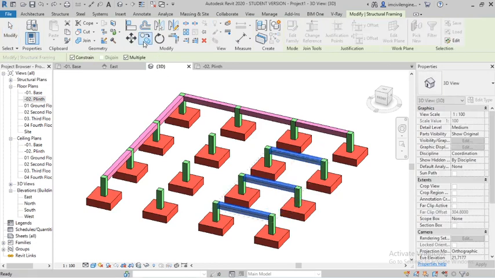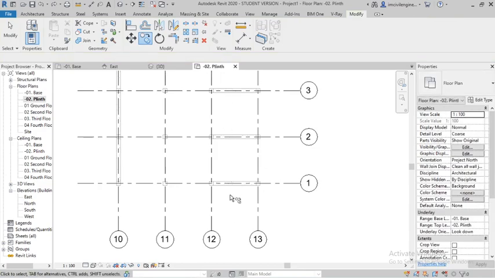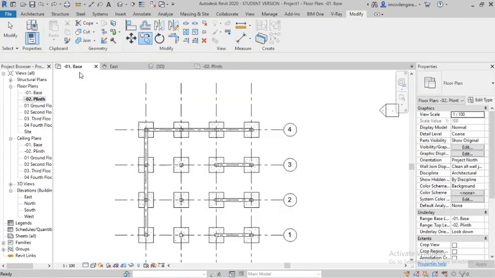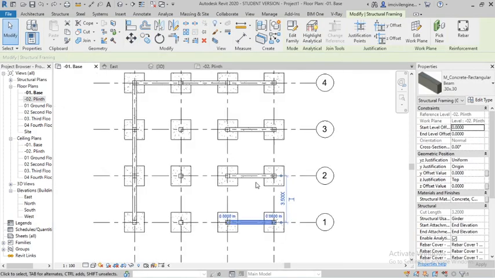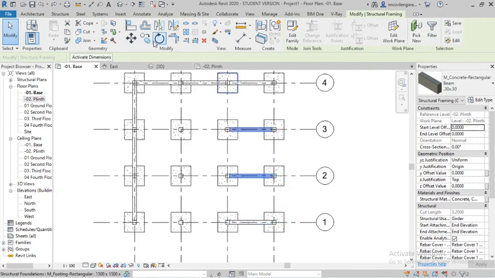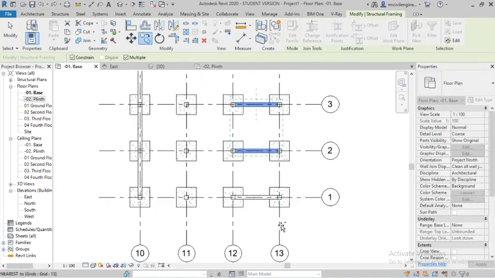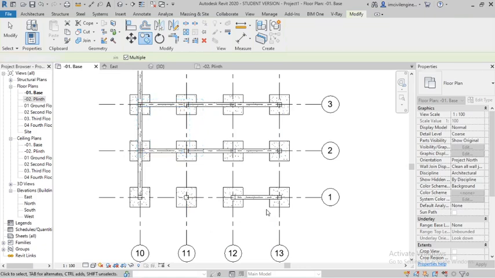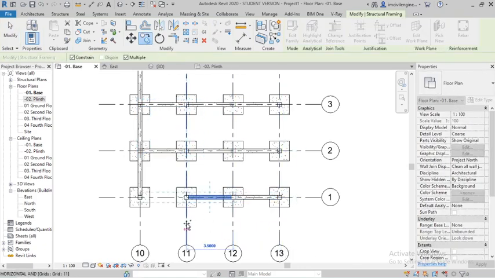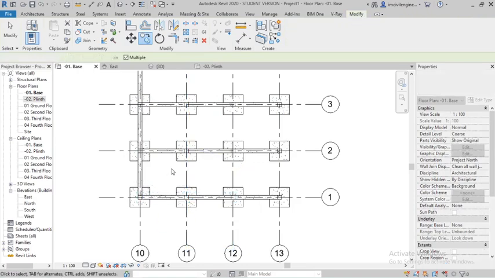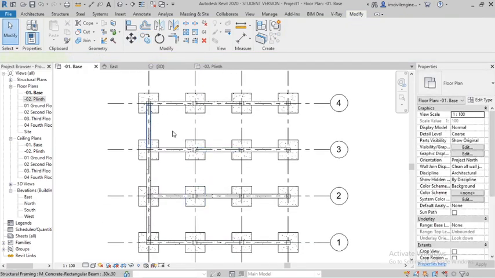Now you can check the copy happening. Okay, you can select the entire columns, come to base level. So you can copy from here also. Now it's possible. Copy from base level, it's possible. Because we are designing at base level, so it is happening.